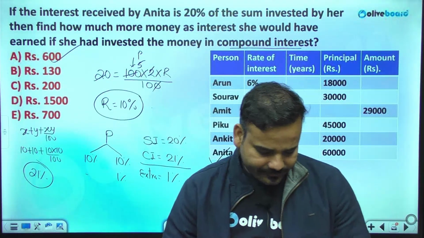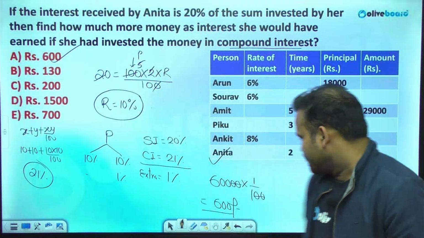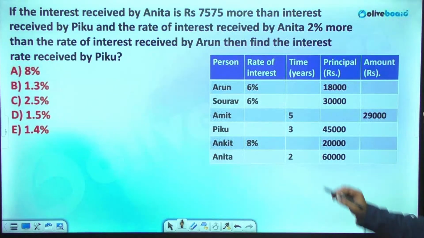Clear है भाई? तो ये आप लोग का क्वेश्चन था।